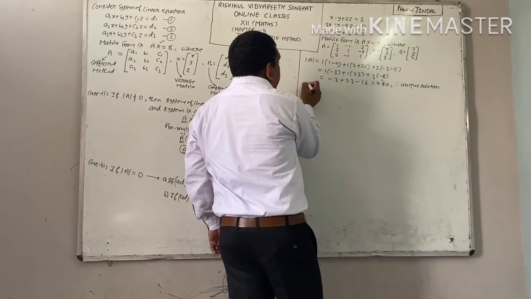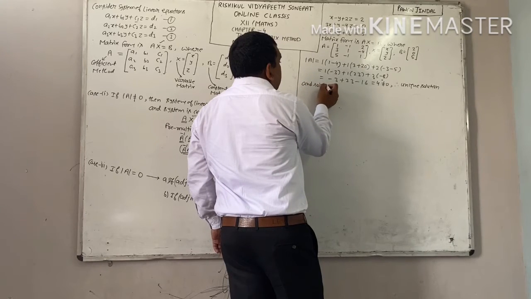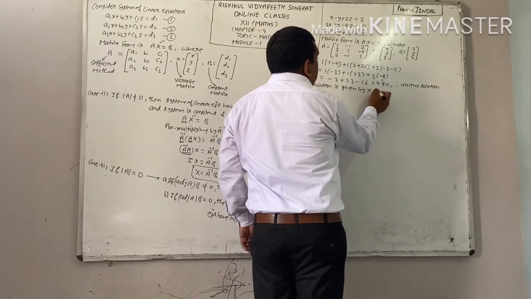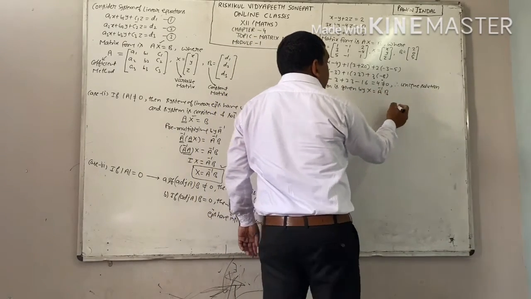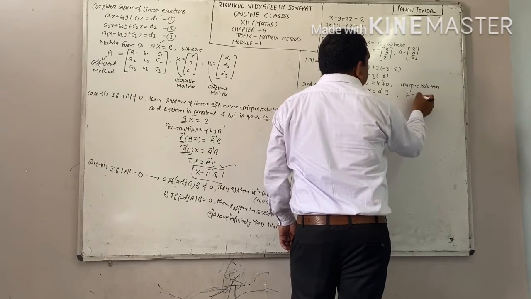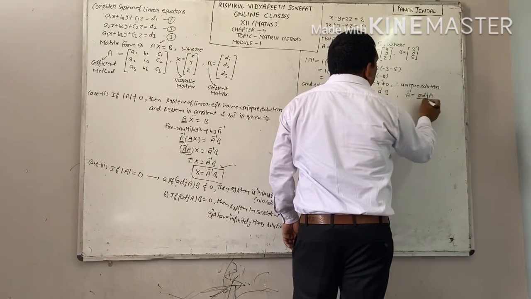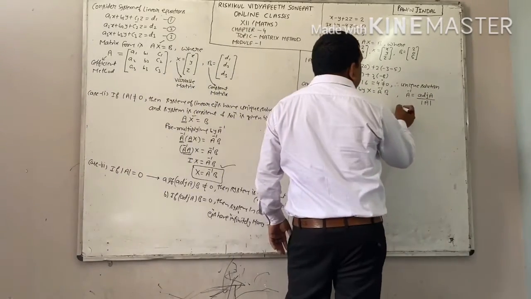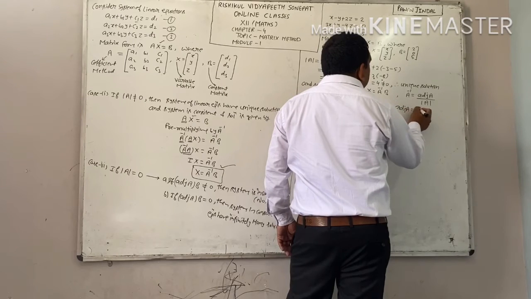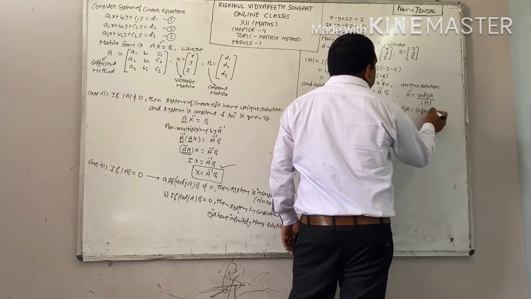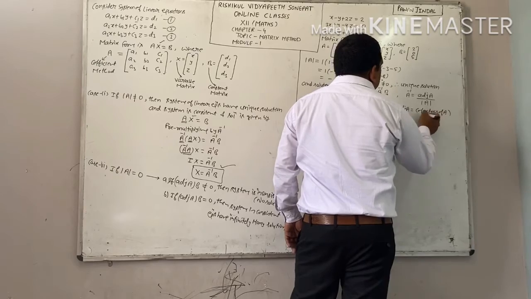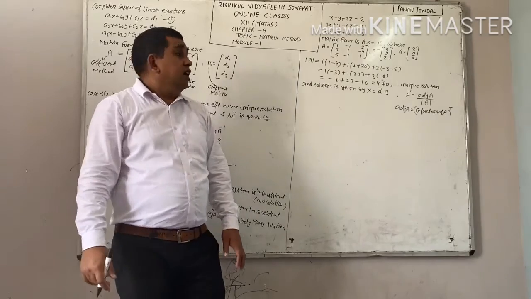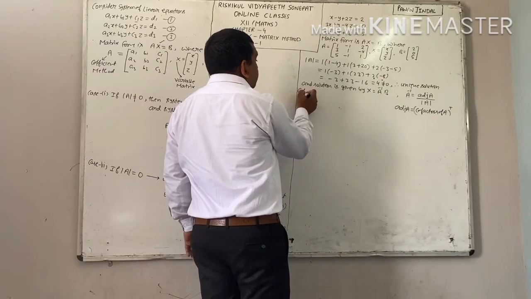And you can write down the solution is given by X equal to A inverse B. And we know very well A inverse equal to adjoint of A upon determinant of A. Means we have to find out adjoint of A. And we know the formula of adjoint of A also. Adjoint of A equal to cofactors of A whole transpose. Means we have to find out the cofactors. And cofactors are given by